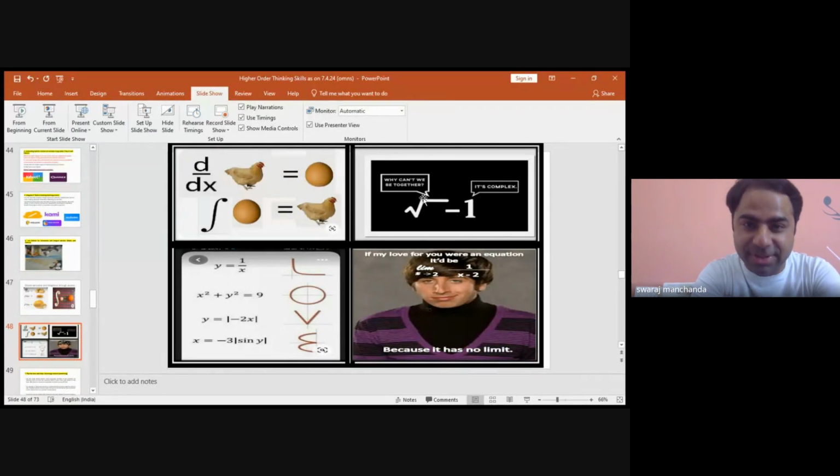Complex numbers, we cannot find their square root. If we tell them that no, it's a negative number, I can't take negative numbers in. It is complex. Now these memes can make your classroom interesting. These are related to higher level topics. Obviously, we cannot apply them everywhere, but it's a good starting point for your subject. It will create interest in the student to learn more and more.